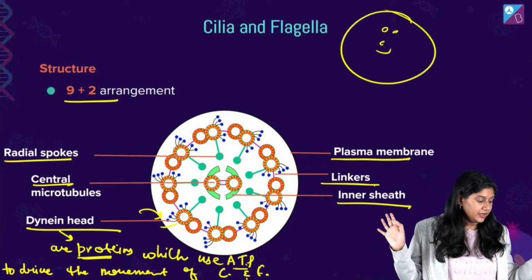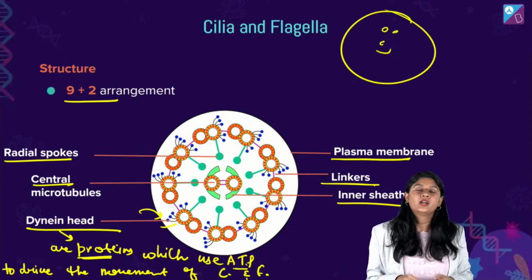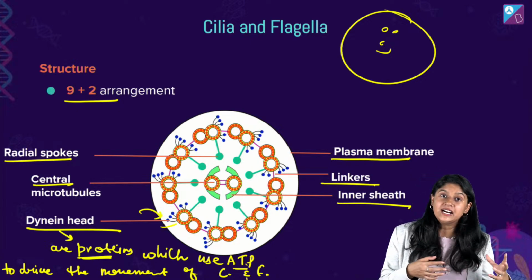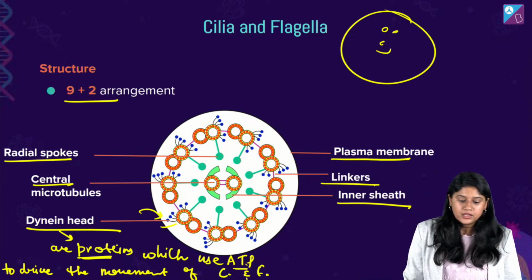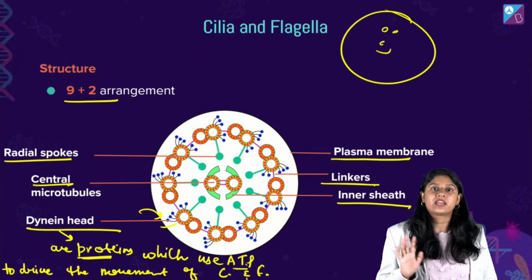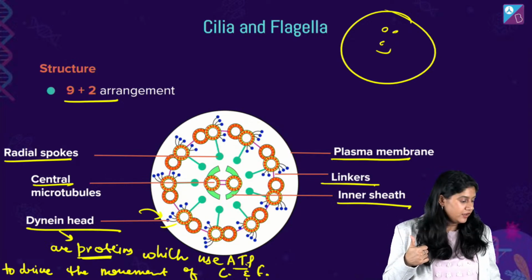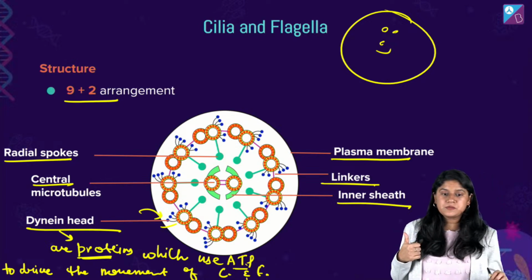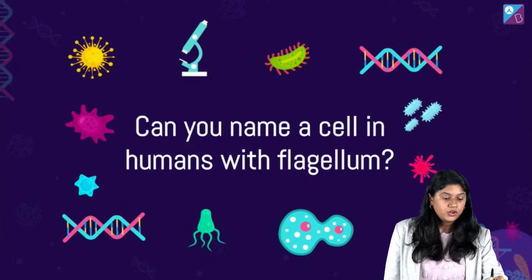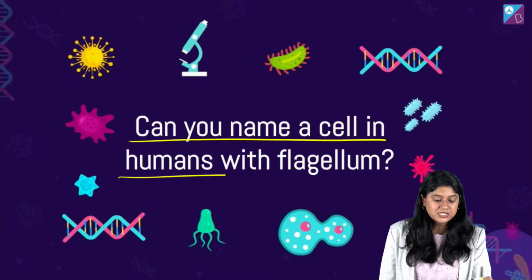So with this what happened? क्या हुआ हमारा? We have looked at the structure of the centrosome, centriole, cilia and the flagella. एग्जाम पॉइंट ऑफ व्यू से इंपॉर्टेंट है, PYQs आते हैं तो हमें याद रहेगा। क्लियर? ऑल ऑफ यू, are we clear with it? Thumbs up. चलिए, let me ask you a question, everyone. Can you name a cell in humans with a flagella?